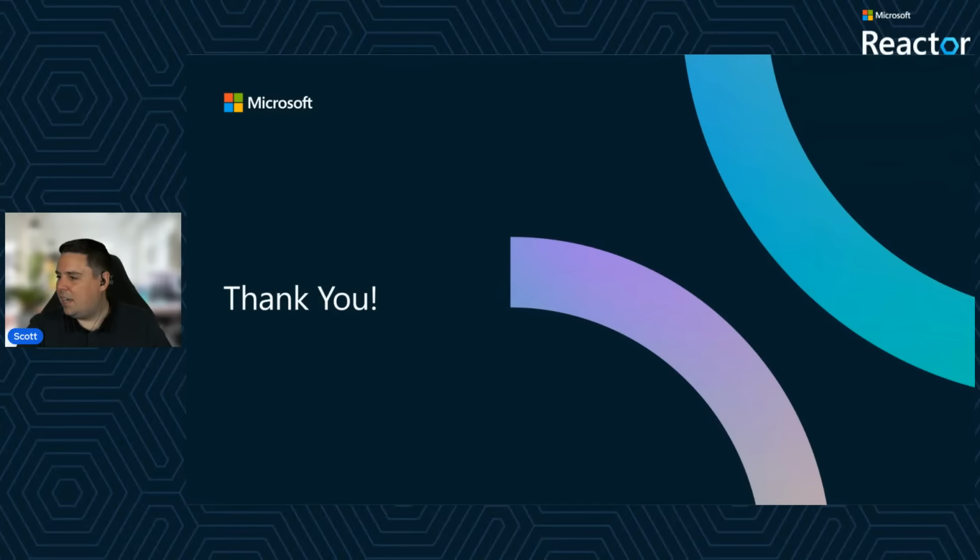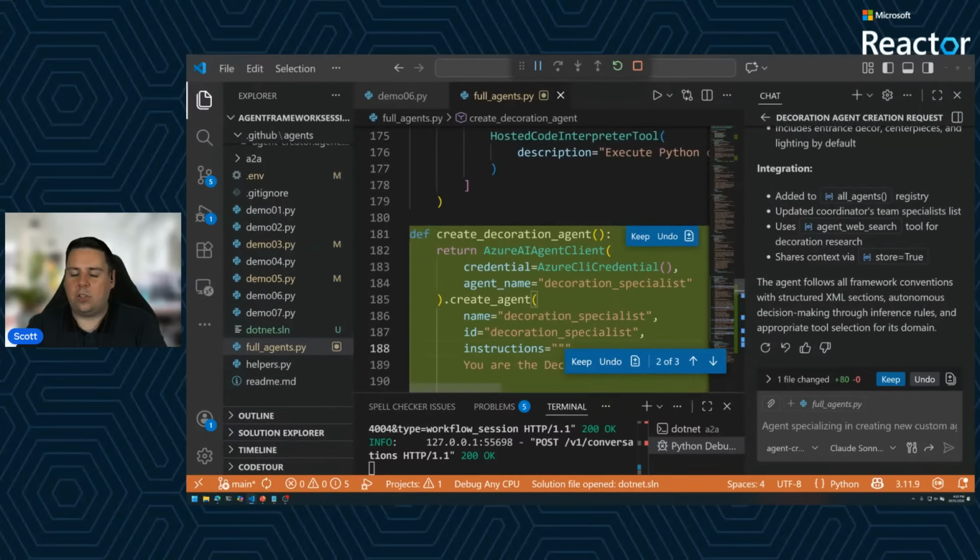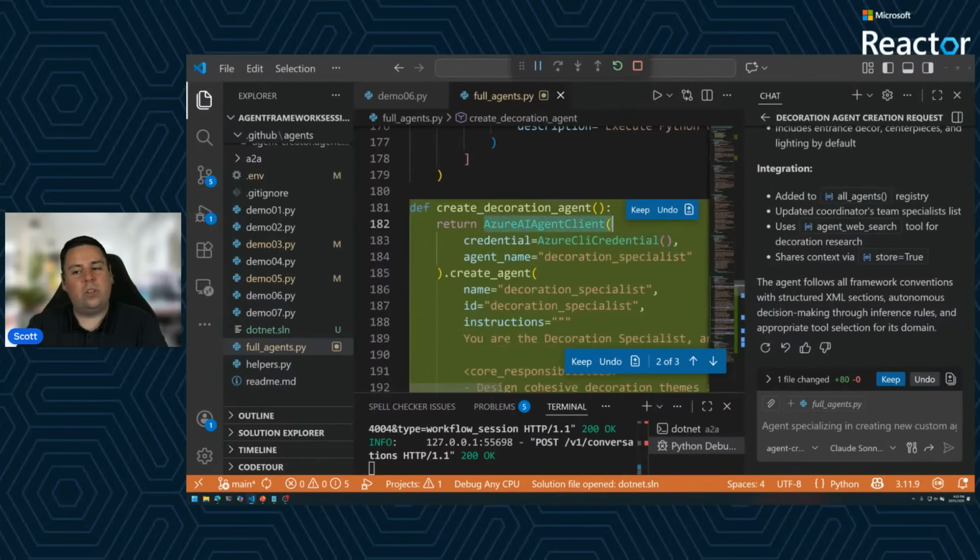Perfect. All right. The registered agents are created and deployed in exactly the same way as the original demos. Yes, you're absolutely spot on. So each of those agents, and I can actually jump back to the code for this for a second. Each of the agents we have that are created here build their own client and then create the agent from there.